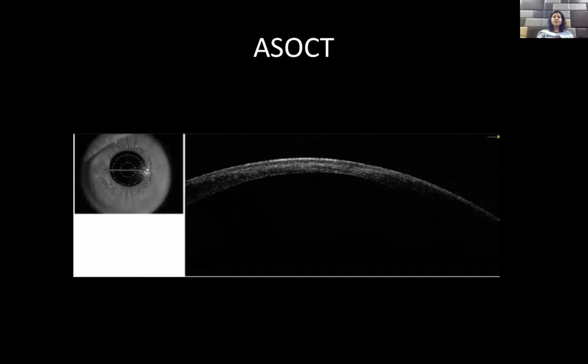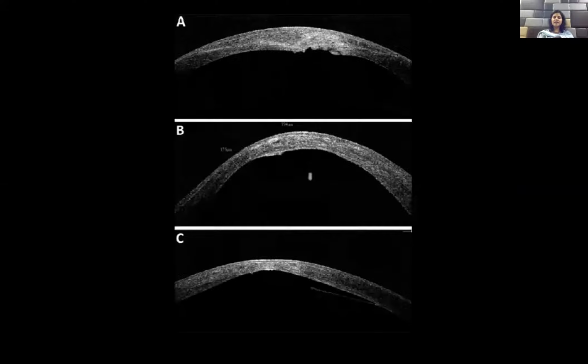The other investigation which is in vogue right now is the anterior segment OCT. Per se, it doesn't help you to diagnose keratoconus as much, but it's very important when you plan surgery like a keratoplasty. Now, in this patient, you can see that there is a break in the Descemet's membrane, and hence, if you try to do a deep anterior lamellar keratoplasty, which is the standard of care, you will find it to be nearly impossible. While in this last case, the Descemet's membrane is quite uniform, and there are no disruptions. So, a DALK may be possible over here.